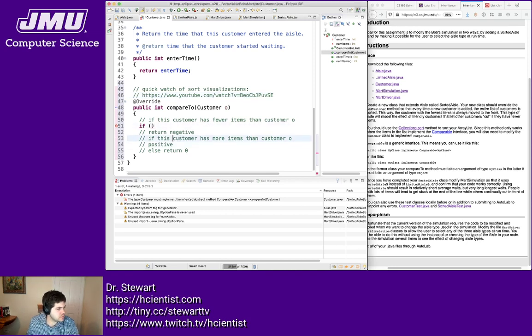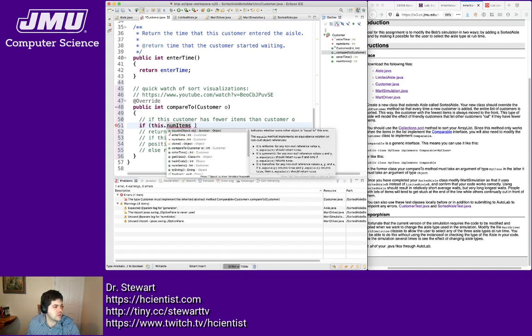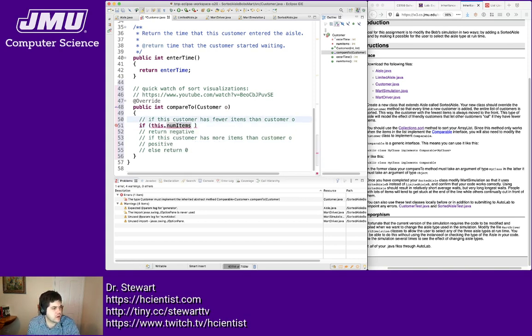Cool. All right, so as we can see in the right sidebar, we know our num items. So let's just go ahead there and do num items. Now, is num items going to be this customer's number of items or customer O's number of items? It should be obvious at this point in our class that when I want to refer to it directly, that's the same as if I do this dot num items. And so indeed, it is not the num items for O. It is for me. So let's say if we have less than, O,